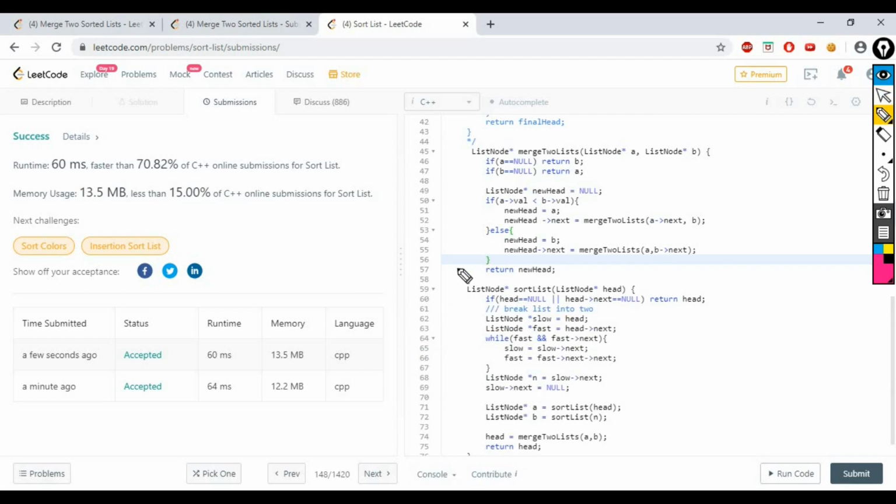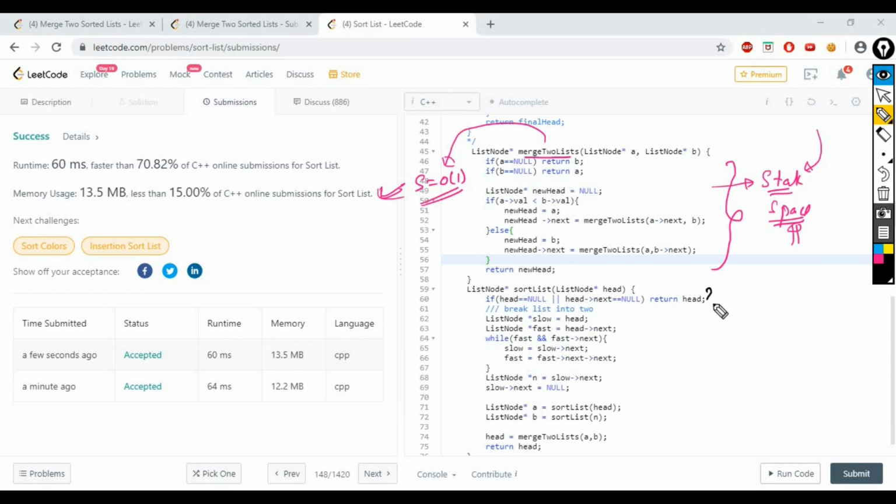Here, this is basically the recursive version of the merge two list function. Since it is a recursive version, it will use some stack space, whereas in the iterative solution your space complexity will be constant because you are not using any extra space in the iterative merge two list function. So better to use that. In this problem, sometimes in the merge two list function you can get a memory limit exceeded problem because of the stack space. Okay, so now let's discuss how this code is working.